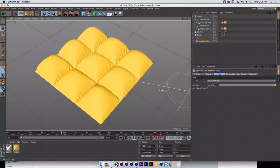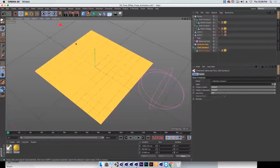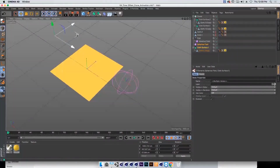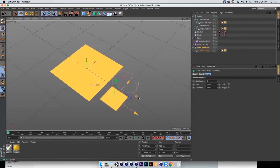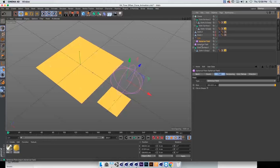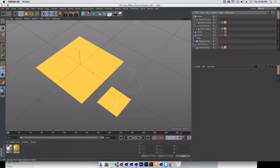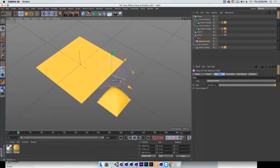Whoop. I'm basically triggering the animation of those clones, which is super cool. Now, one thing you have to do is, it's always good to make a copy of your cloth or whatever your object is that you're going to use. Let me grab this and just move this off to the side, because I think I got an extra spherical field in there. It's all dependent on the speed or the strength of